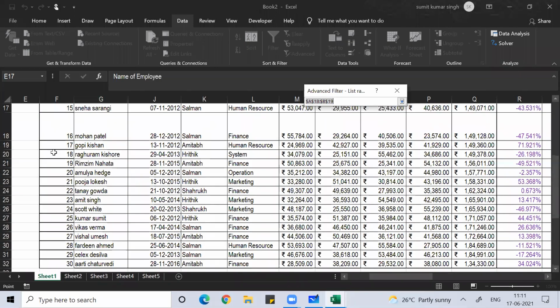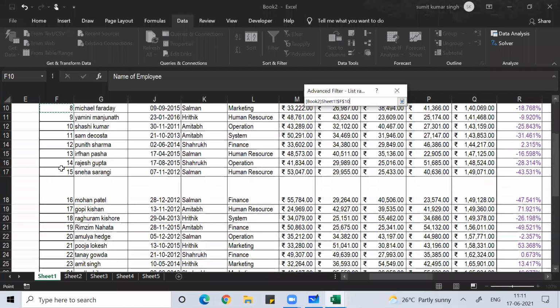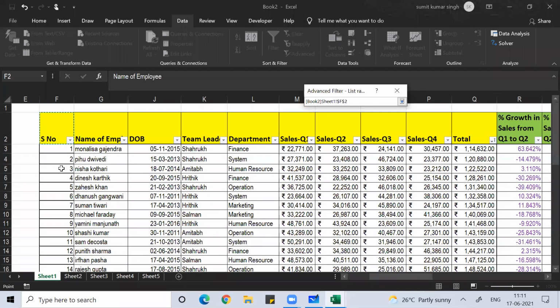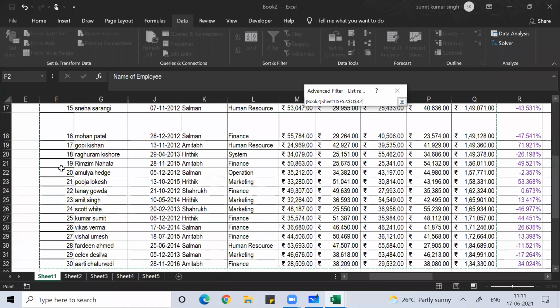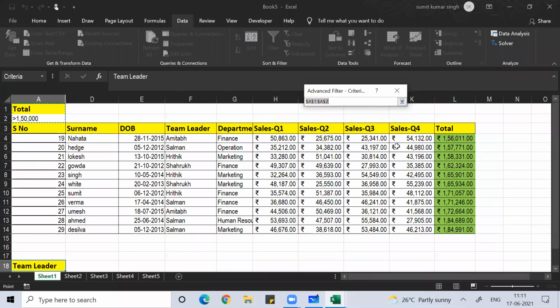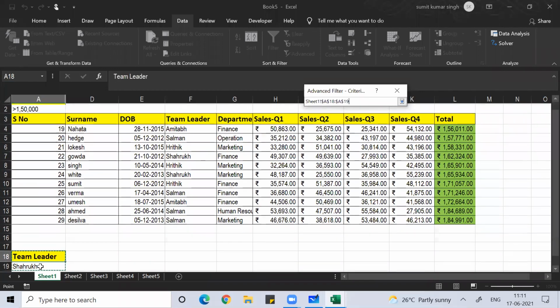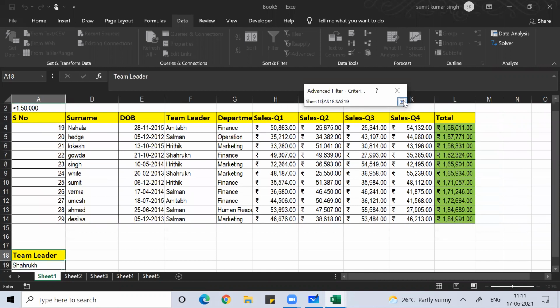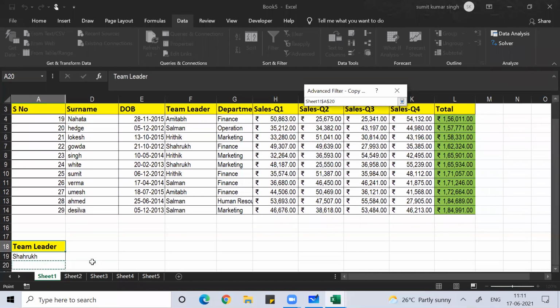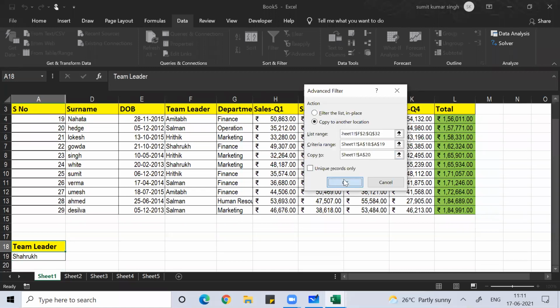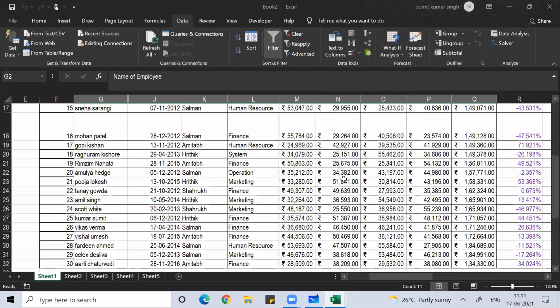Select it with Control Shift right arrow and down arrow. Then criteria range: this is your criteria range, team leader Shahrukh. Then the location where you want to copy it, and press OK. See this.